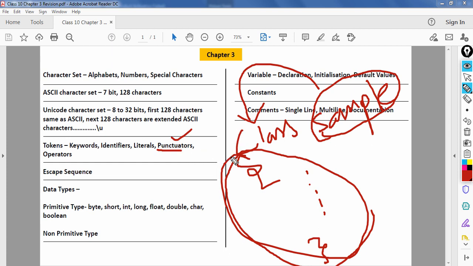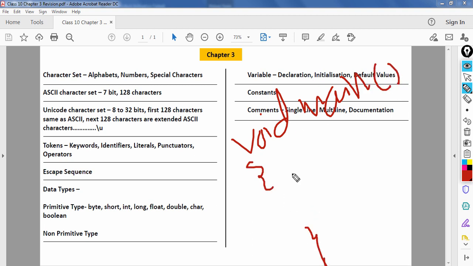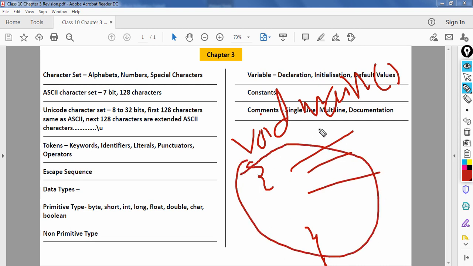Another example of grouping is functions. When you make a function, when you write void main, and within the brackets you will have statements. Let me write it down. Like this, if you write void main, and within the brackets you will have many statements. So this is also a grouping. The group name is main and it's a function. These were the examples of grouping.